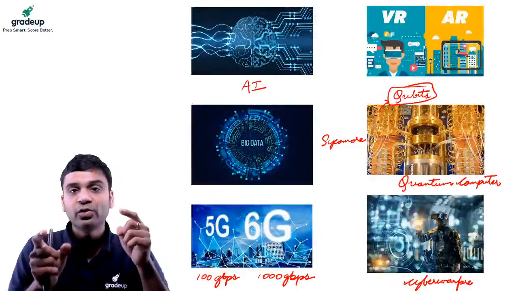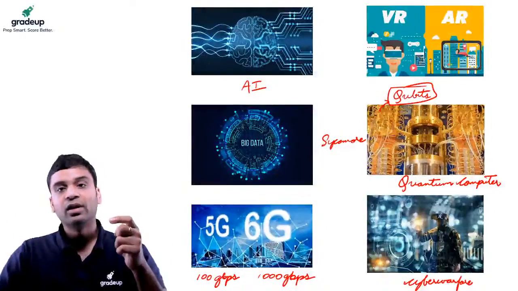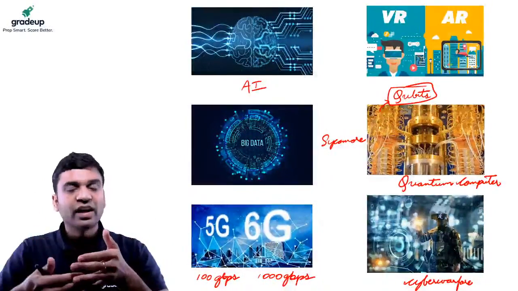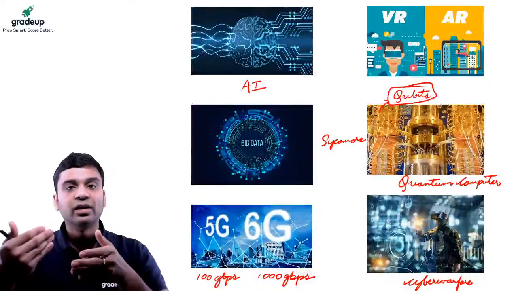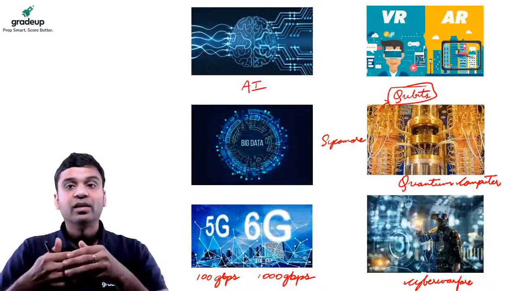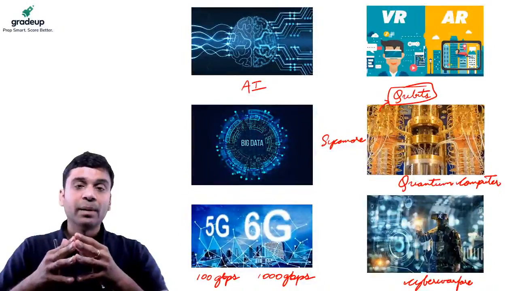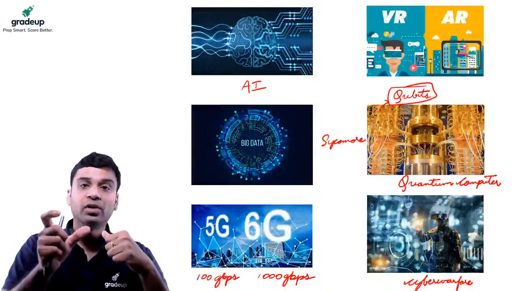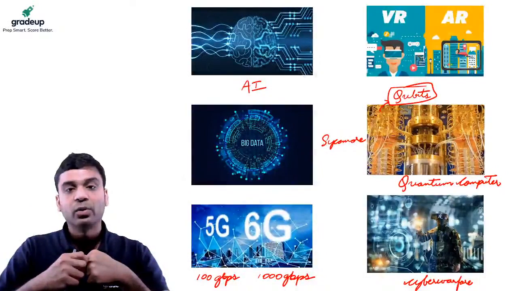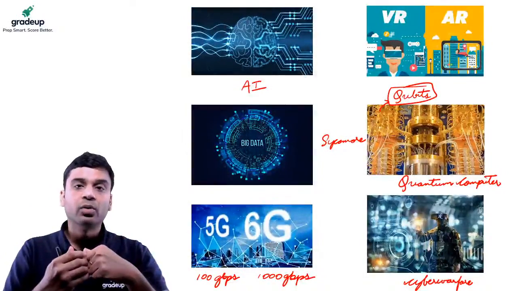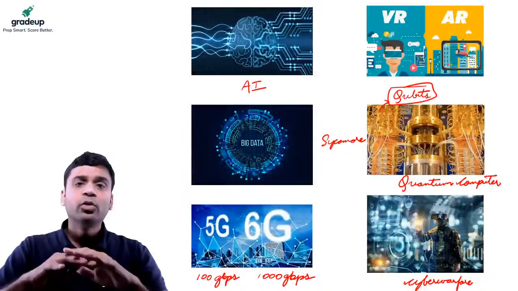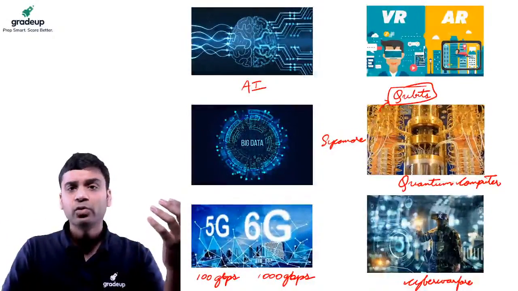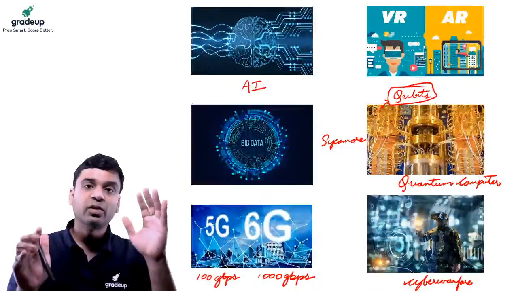What do you mean by dual use? Where will I use all these technologies? Artificial intelligence I'll use for society. I can use it for education. I can use it for the automobile sector. VR, AR I can use for education. Big data and all, I am using in the GST network, or I will be able to use the quantum computer for computing calculations. Or I will be able to use it in the health sector, in mobility. So in all such sectors I will be able to use these cutting edge technologies.